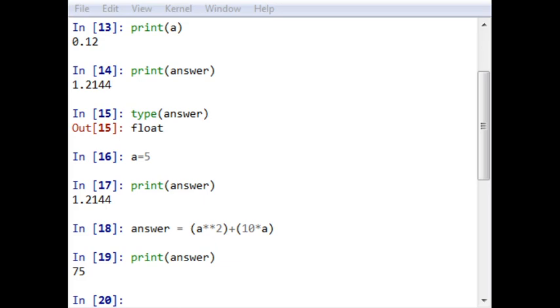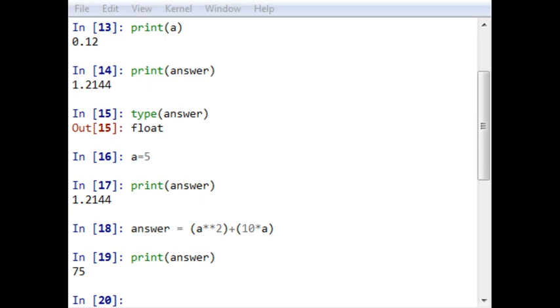The type of an object can be known by the function type, which takes the variable as an argument. So the variable changes when we change it to a new value 5. However, the variable answer stores the old evaluated value, and we need to run the answer computation again to use the new value of a is equal to 5. When the value changes, this pointer changes to a different address. It is the memory that stores the data. The data can be of any type.